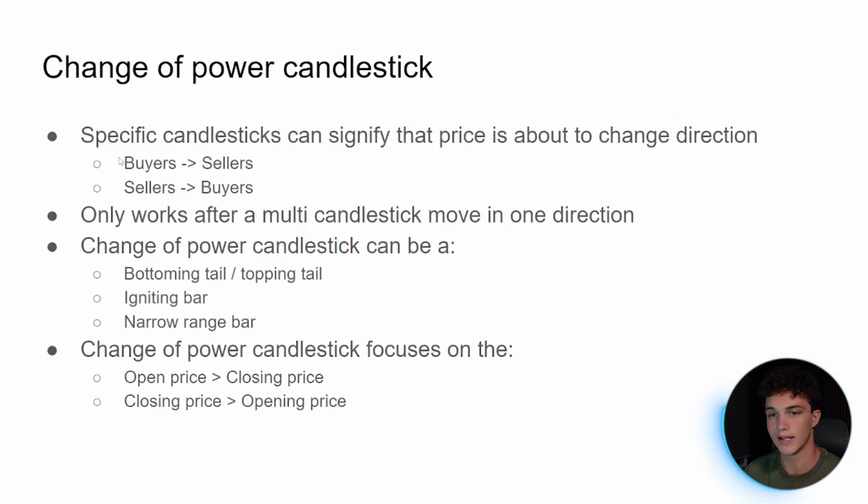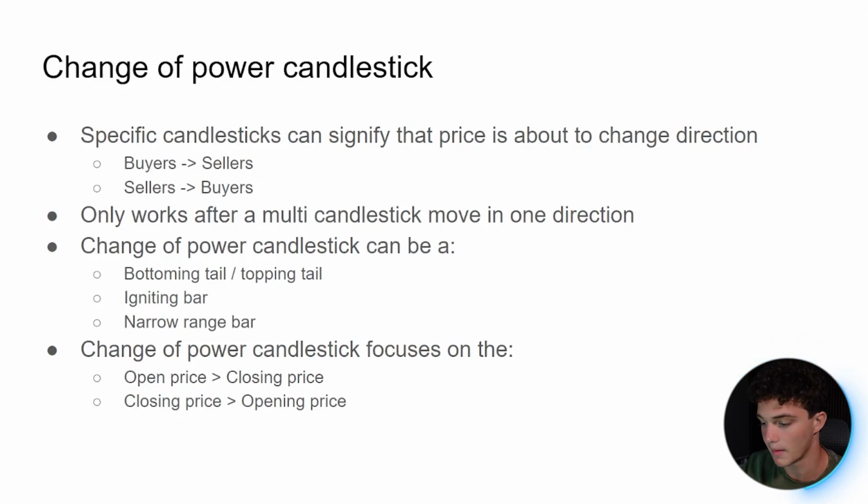But just write down some notes on what this candlestick is. So basically, the change of power candlestick, the COP bar, tells us that price is about to change direction. It's either going to go from buyers to sellers, or price is going to go from sellers to buyers. And this only works if a candlestick had a multi-bar move in one direction before the change of power candlestick